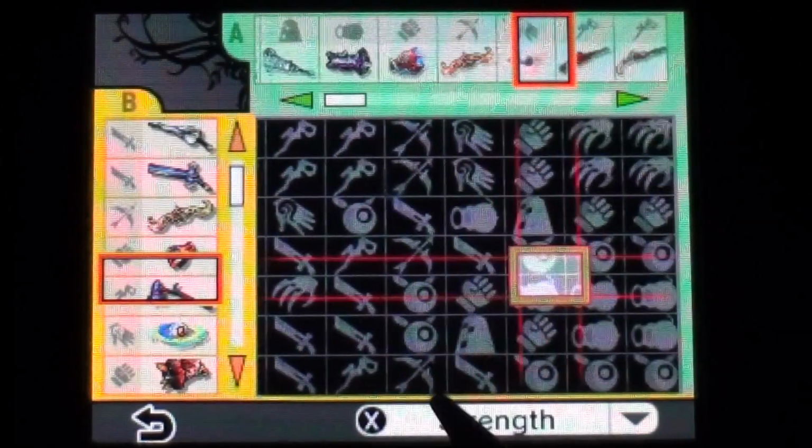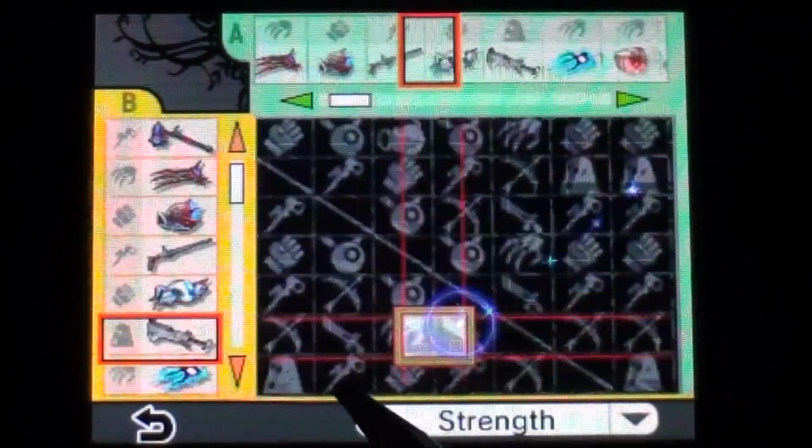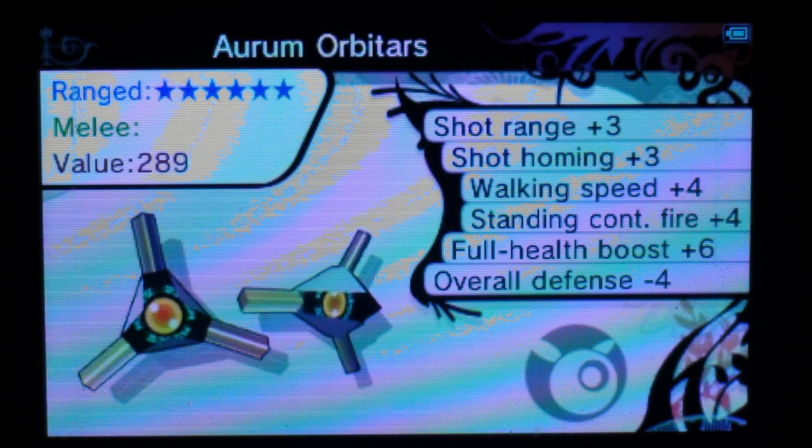Now we are finally ready to begin the tutorial for fusing. The method that beginners use is what I call scrambling. That's when you take a random weapon and fuse it directly with another weapon to create a better weapon. This is simple, intuitive, and does not use an intermediate weapon, but you will never create truly good weapons by